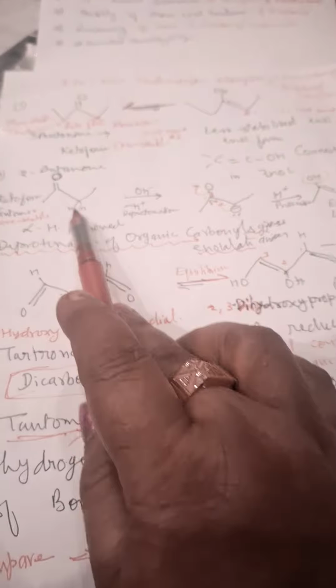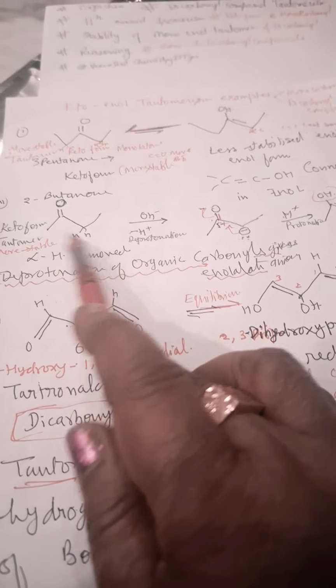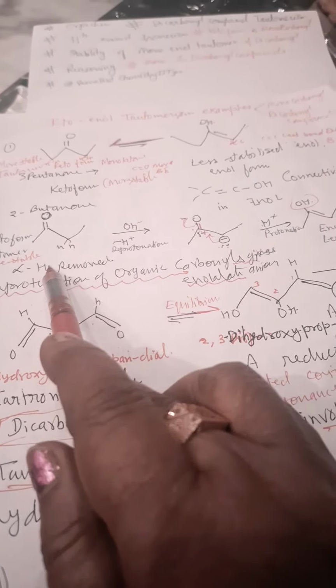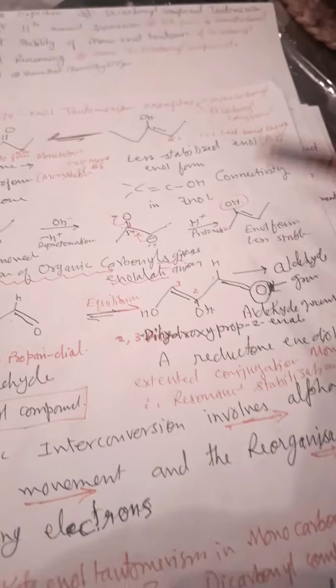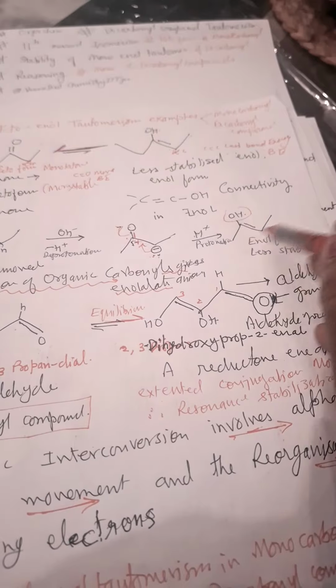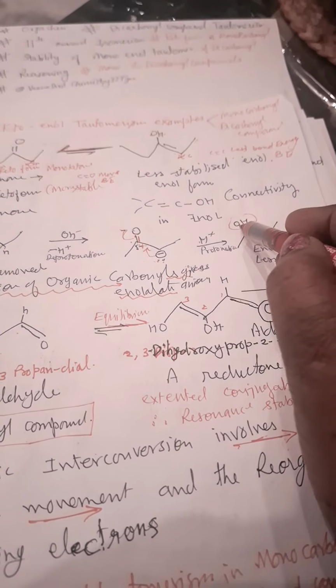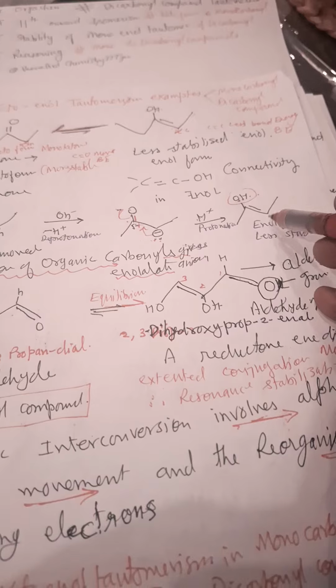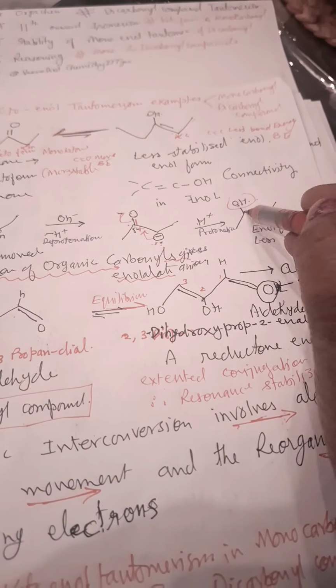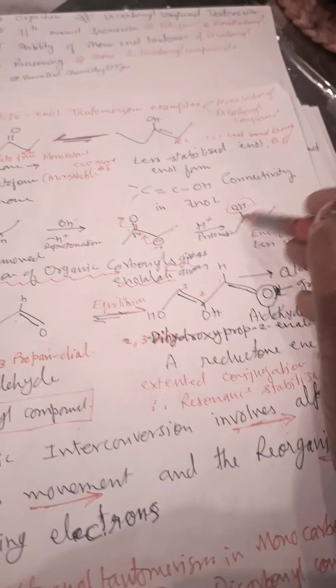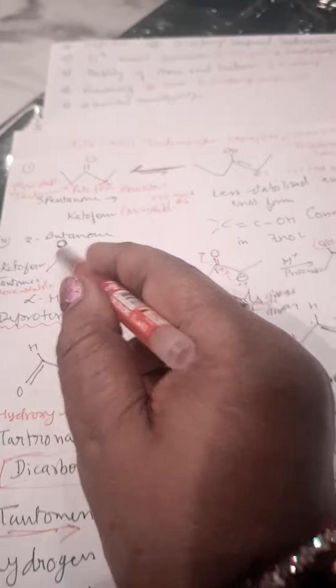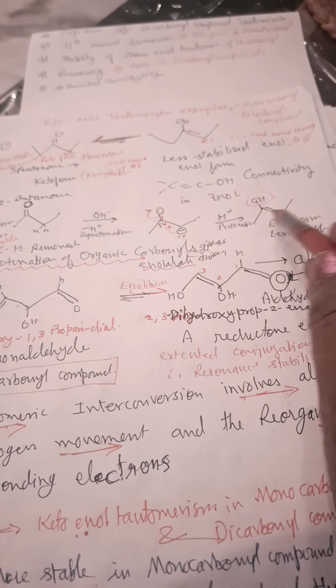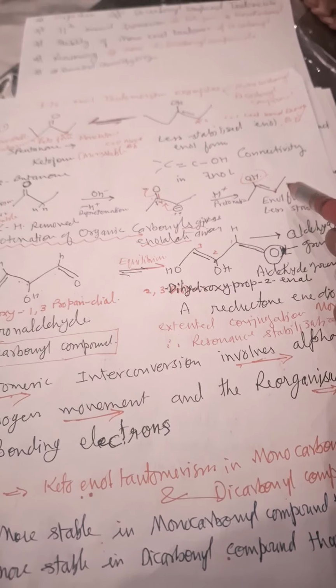The same way here you have to draw this structure. This is 2-butanone, the keto tautomer is more stable than the enol tautomer. So again you draw the structure, and where O is there, put H, and then at the alpha carbon you write the double bond. We do not select this one because it will be terminal. So terminal will be avoided because it is less preferred, and the internal alkene will be more preferred according to Saytzeff rule.